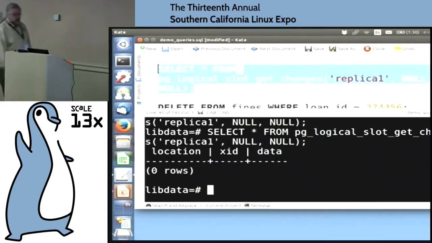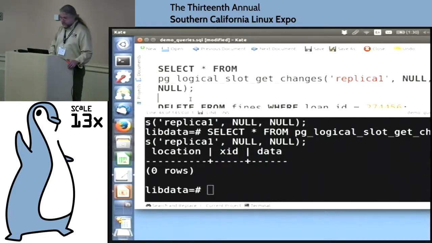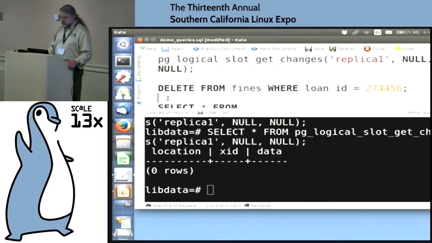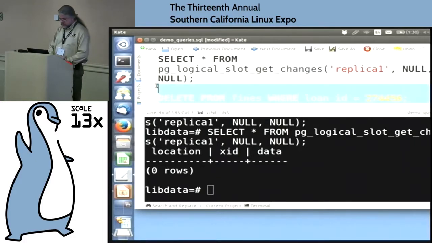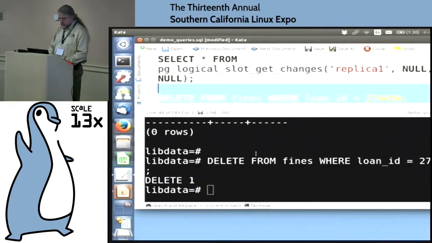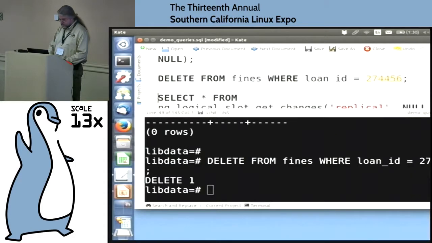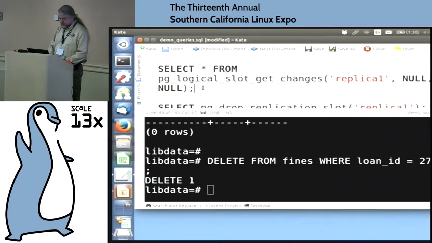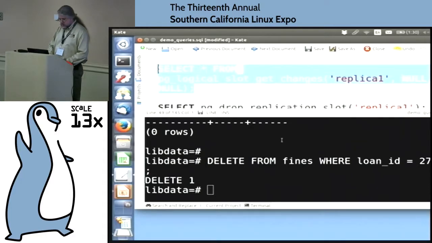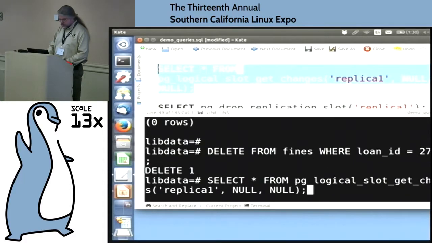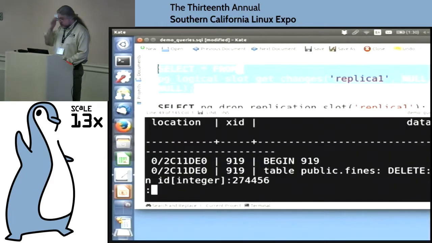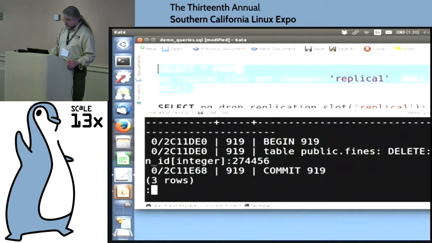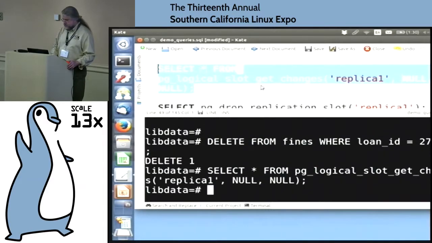In order to see more changes, I need to do more changes. So then if we look at this again, we can see now we've got the delete statement in there as a transaction.